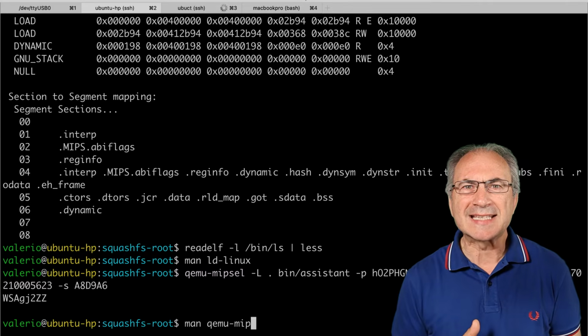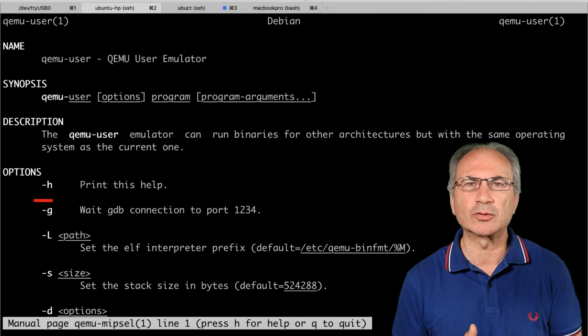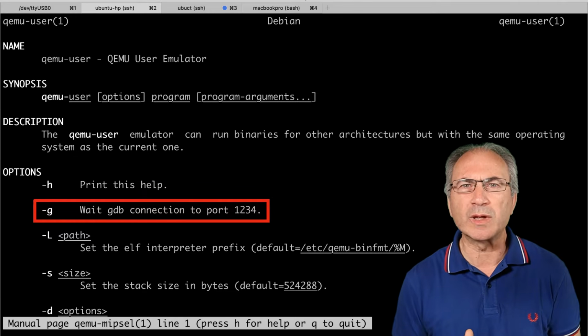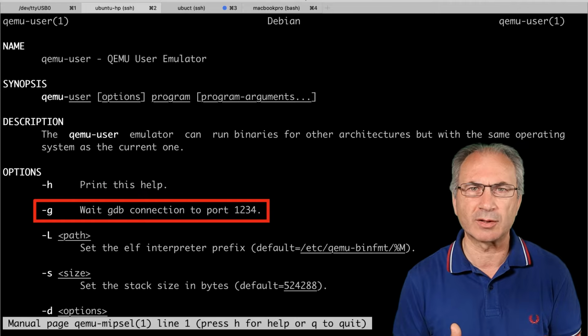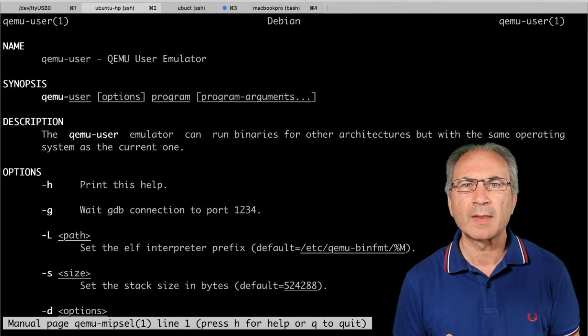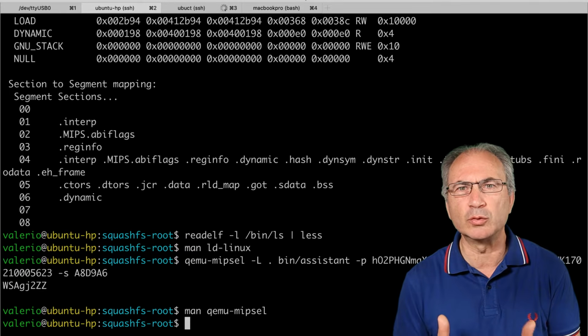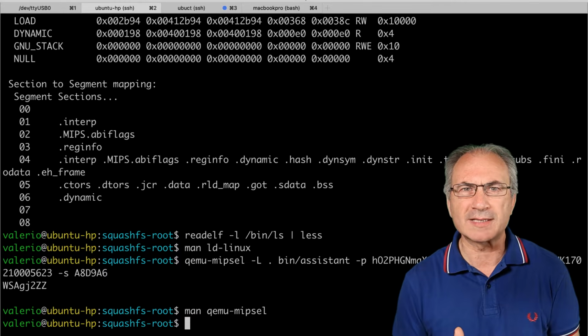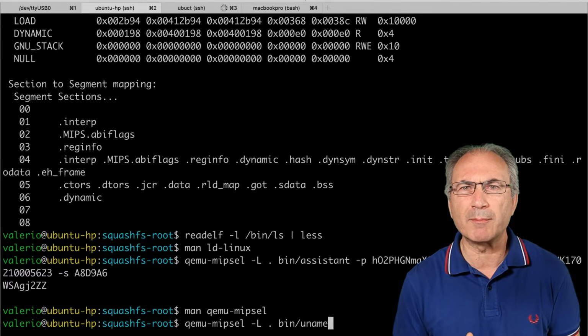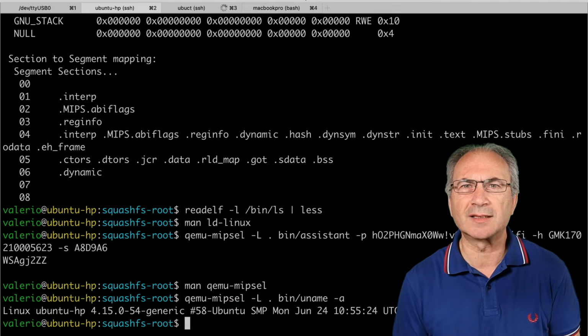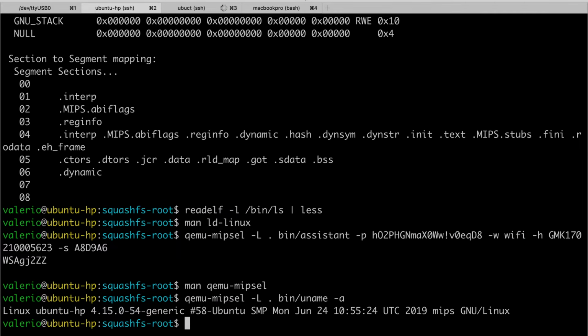qemu-mipsel also has the possibility to be remotely controlled by the GDB debugger, allowing us to debug a program for an embedded processor on our standard Ubuntu PC. Anyway, as I said before, this QEMU user mode emulation can be useful to quickly look at what some simple command does in our device, but it can also have weird behavior. For example, if we use the command uname -a, we get a weird result. The information is exactly that of our Intel Linux Ubuntu machine, but it seems that it is a MIPS processor.